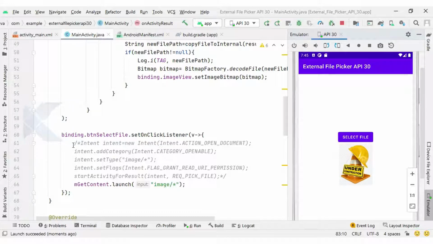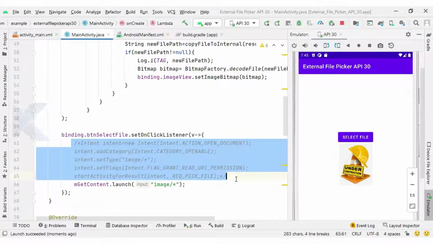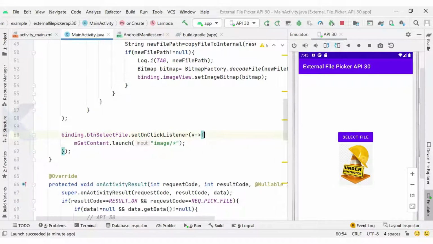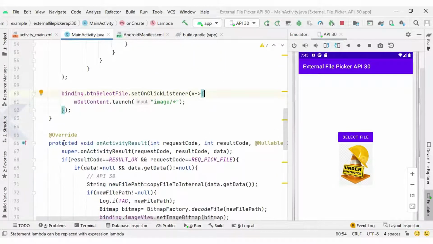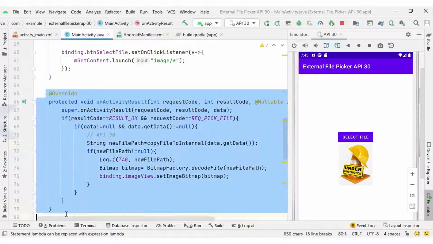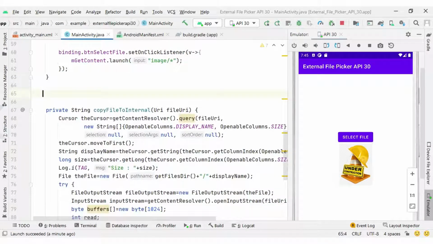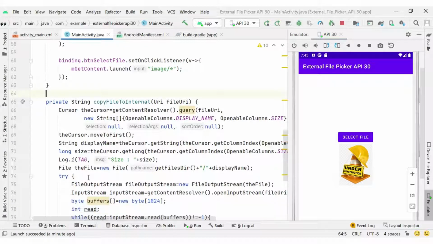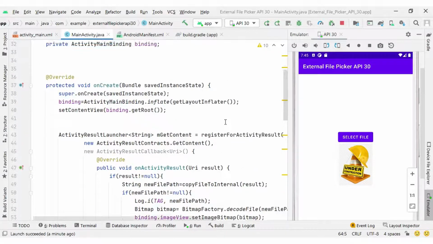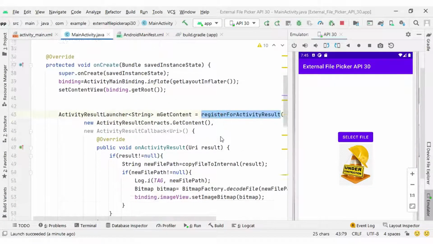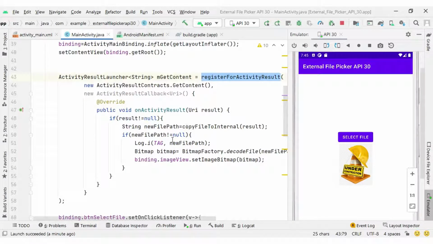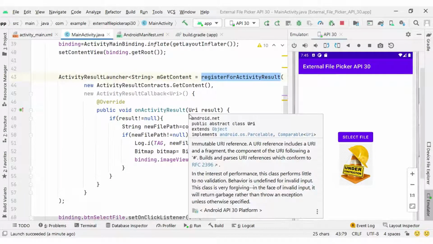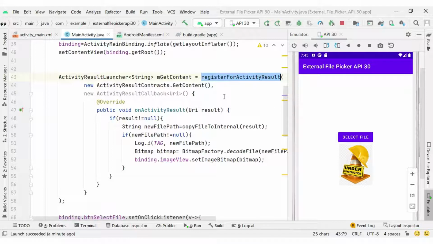So here we do not need any start activity for result code, which is very lengthy, and no need to override the onActivityResult method. Without it you directly have register for activity result, and it helps you launch the activity and get the result back.